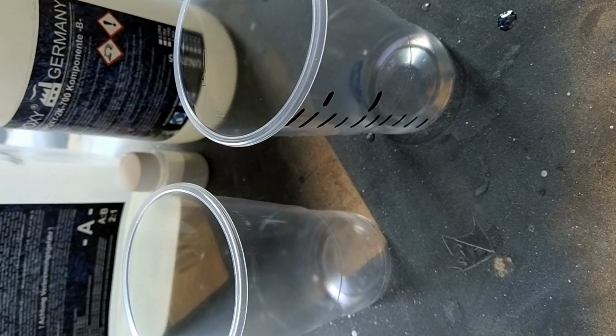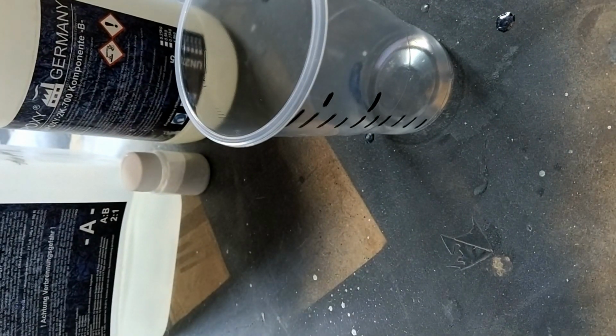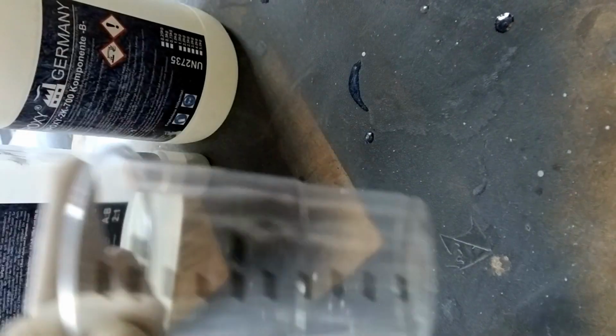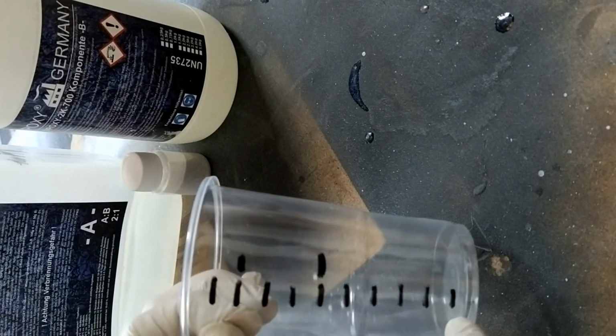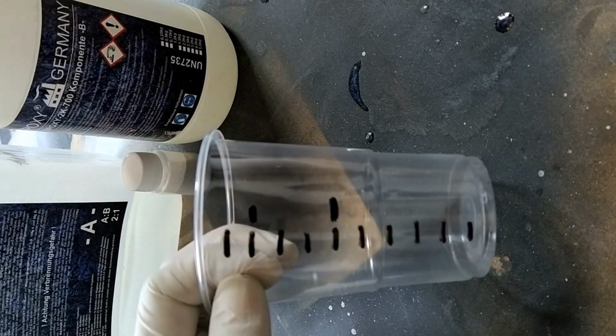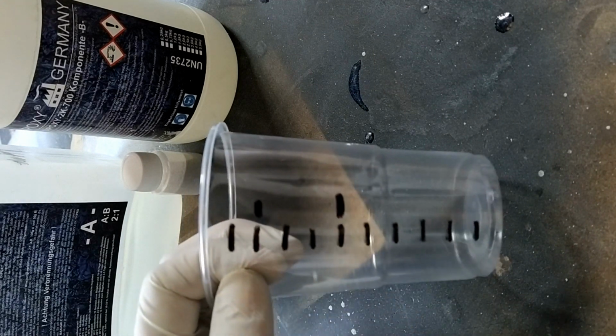So yeah, guys, the way that I mix my epoxy now when I use mica powder, it's a procedural thing to kind of avoid the dust and everything, because the mica powder, it's really terrible. And this time, yeah, I'm doing it without a respirator so that I can talk to you guys and you guys can hear me. So I've measured off my cup. Again, 2 component, 2 times A, 1 time B. If I'm not mistaken, this is 9 centimeters, so you have 6 centimeters of component A and 3 centimeters of